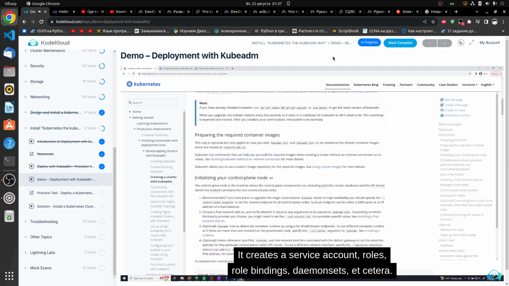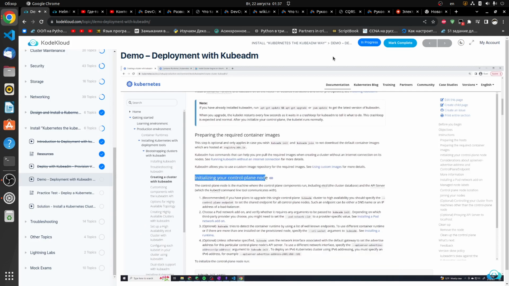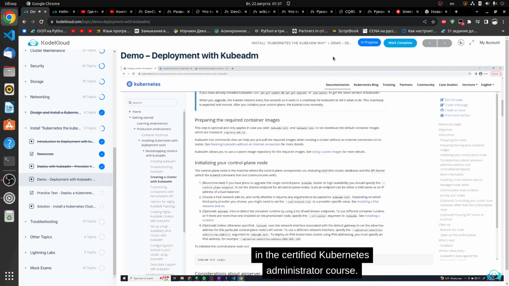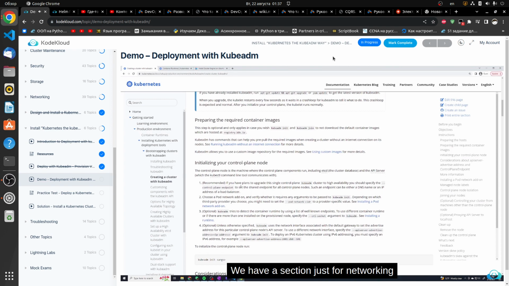And we want to go down to this section right here where it says initializing your control plane node. The first step right here, this command, this control plane endpoint, this is only if you're going to run with multiple master nodes. We just have one, so we can skip the first step. But for the second step, we have to